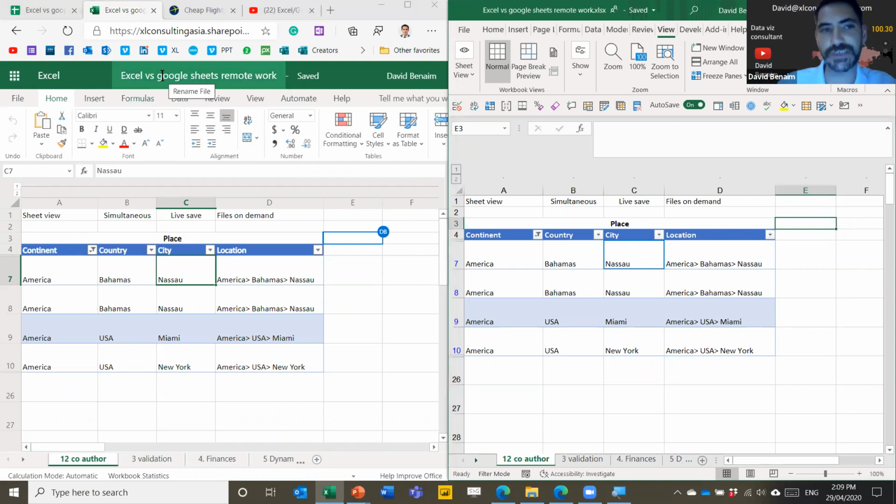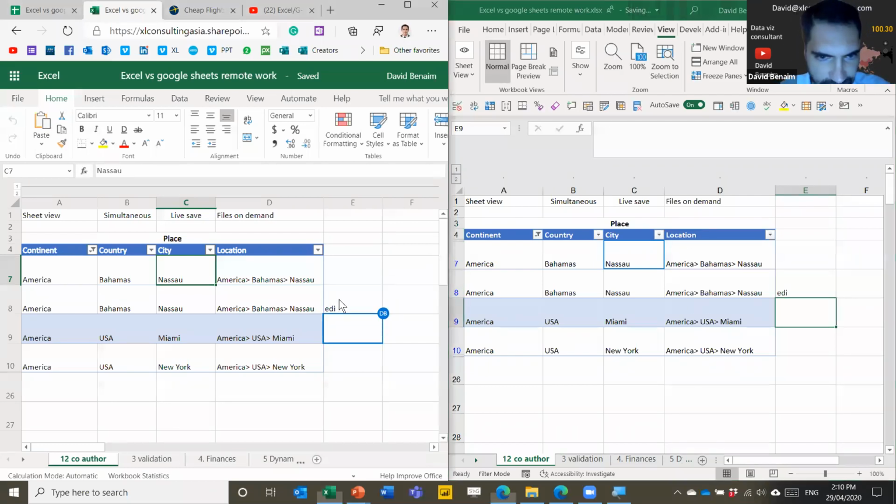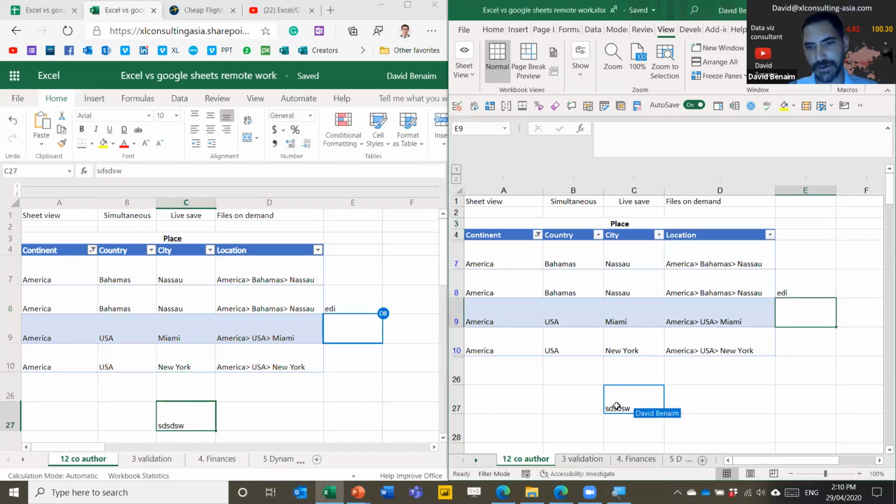This is essentially trying to mimic 2 authors in the same Excel file. One of them, in this case, is Excel Online, but doesn't have to be. You can have 20 authors on their own Excel desktop file, and that works. If I edit something here, then eventually that pops up there. And simultaneously, if I edit something here, then it pops up over here as well. As you can see, I can see on each screen where the other person is, and I'm allowed to edit at the same time.